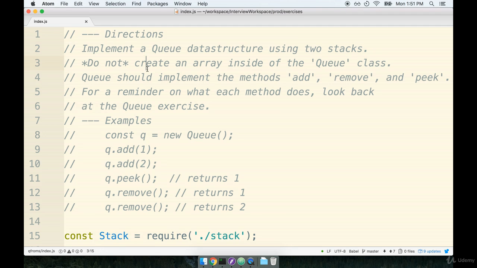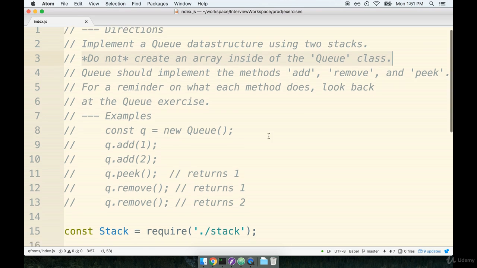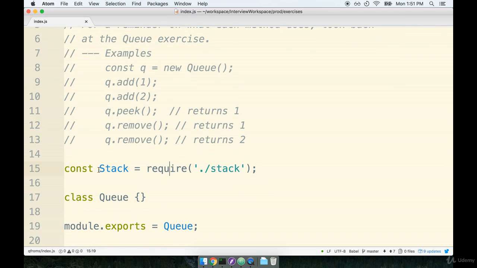Now, the first thing I want to tell you here is no cheating allowed. So we're not going to create an array inside the queue class. If you scroll down a little bit, you'll see that I already provided you with an implementation for a stack. So this is the same stack that we just put together in the last video. So you have to create 2 of these things right here, 2 stacks. You're going to create 2 stacks yourself, and then you're going to use those to kind of fake the behavior